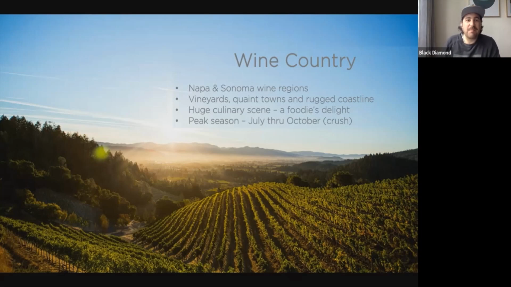Next, we're going to go into Shasta. Shasta is, again, a beautiful town. We talked about that a couple of weeks ago in our Northern California session, but you've got Lassen, Lake Shasta, Mount Shasta, plenty of stuff to do there. It's really, again, fun and off the beaten track.